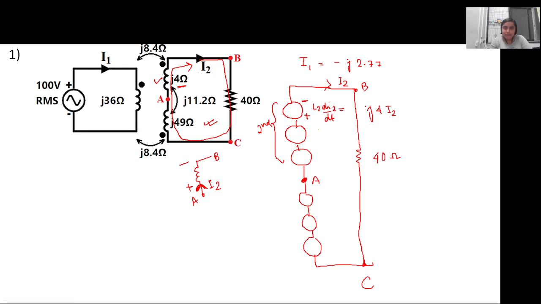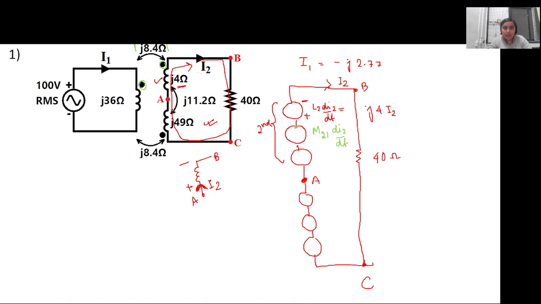Okay. Then for the mutual inductance, which is because of the first inductor, di2 dt. In this case, the dot convention shows that these two are opposite. In one case, the current is entering through the dot and the other current is leaving through the dot. So the mutual inductance is given by 8.4,